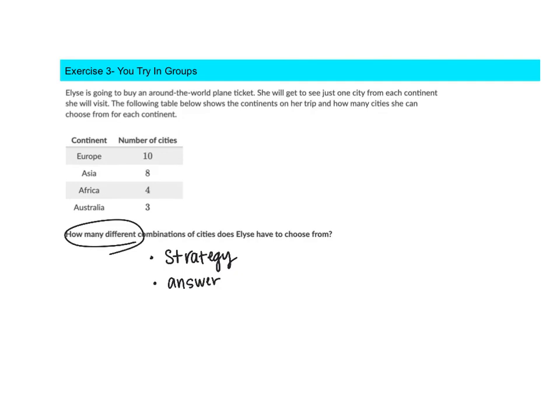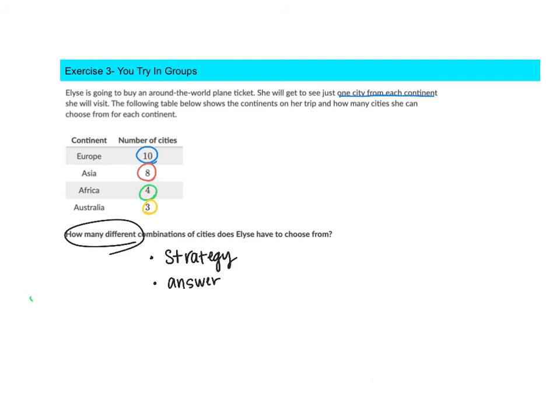All right, let's go ahead and go over this. She gets to choose one city from each continent. So for Europe, she can only choose one city. She has 10 options. For Asia, she can only choose one city, but she has 8 options. Africa, 4 options. And Australia, 3 options. Okay? So we're going to take all those options together, and we're going to figure out how many different combinations